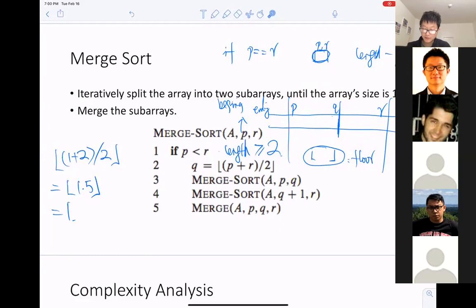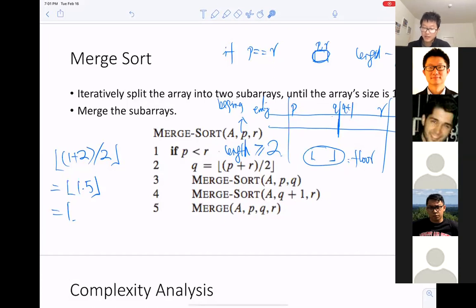And then, the way for us to cut it is pretty simple. We don't physically cut the subarray. Instead, we treat the left part, whose starting index is P and whose end index is Q, as one subarray. And we call the merge sort algorithm over this part to further cut this part. And then we call the merge sort algorithm on the right part, whose beginning index is Q plus 1, whose end index is R, to further cut and sort it.